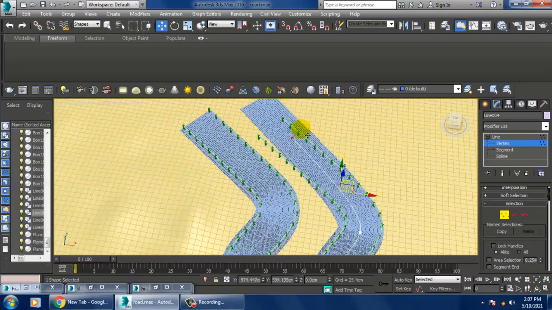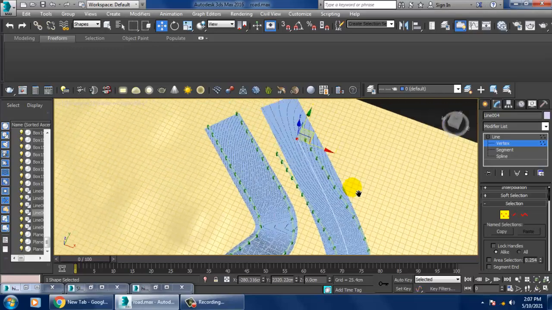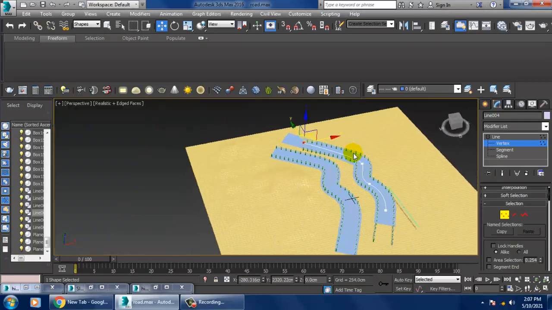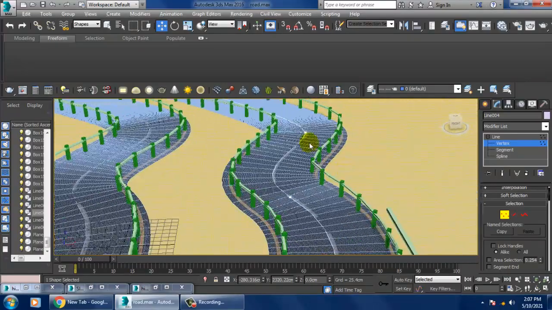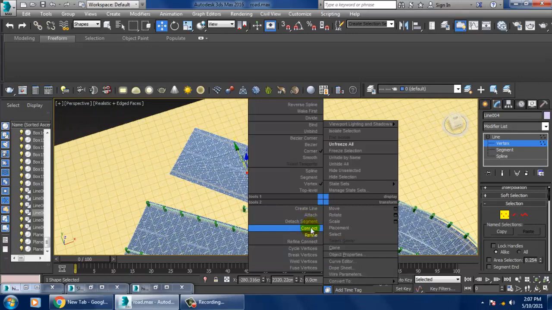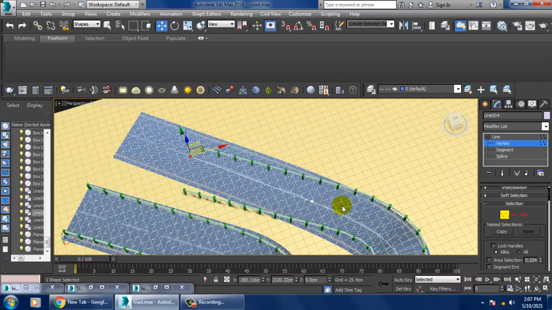So let's adjust this. So we have to adjust it perfectly. Definitely, if we are going with the other road, we have to make such adjustments, because we can again go into this, refine, and you have to edit it.